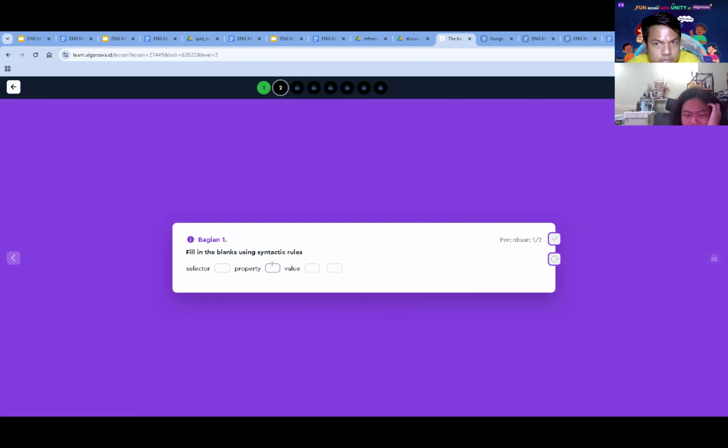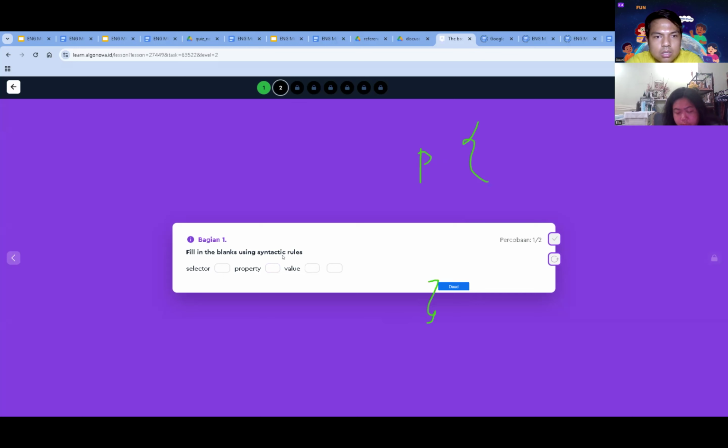What is the syntax? How do you write CSS using the following syntax? For example, P, then the brackets.